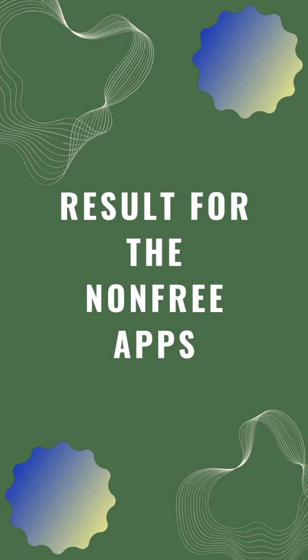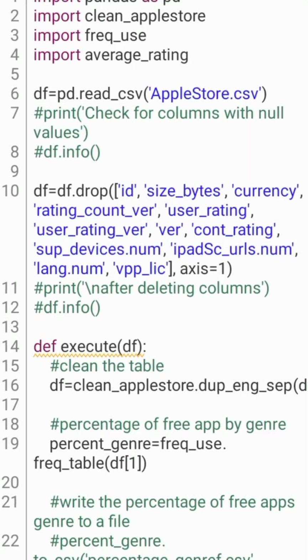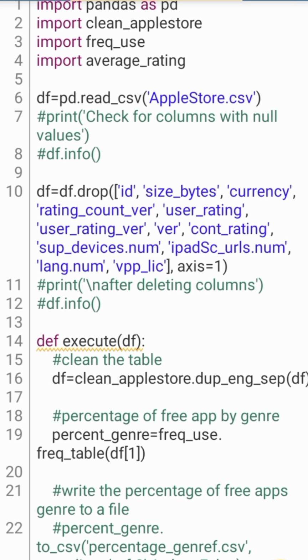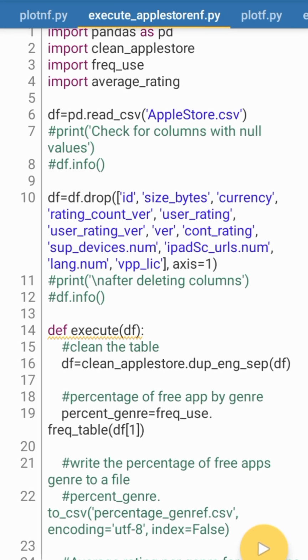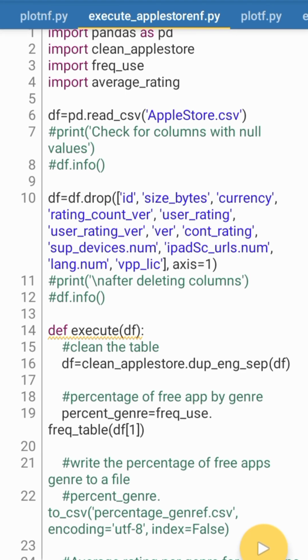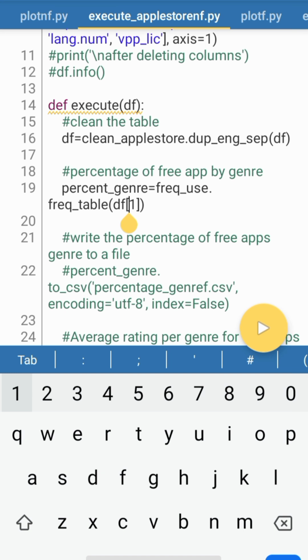Now we'll be running the code for the non-free apps to see the result of the analysis for the non-free apps. Now we are in the execute app store NF. This is the one that executes for the non-free apps. If you go through it, you will see it's exactly the same as the free app module. The only difference is here, line 19,